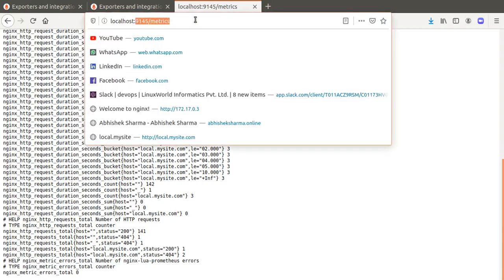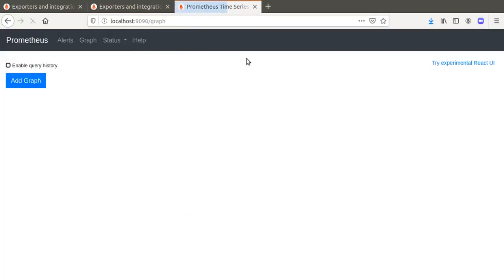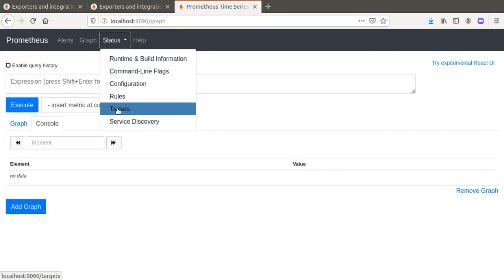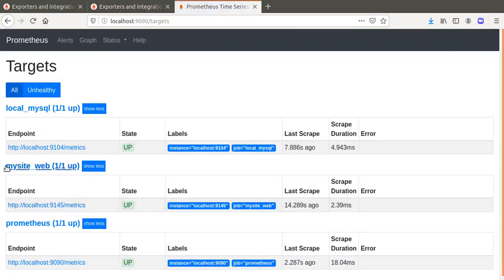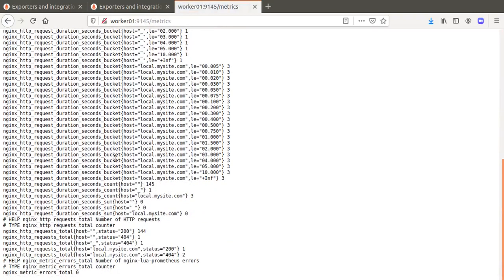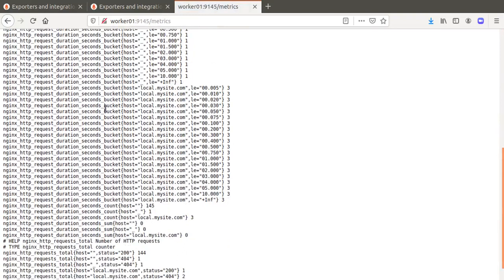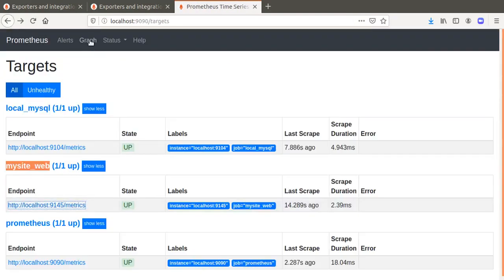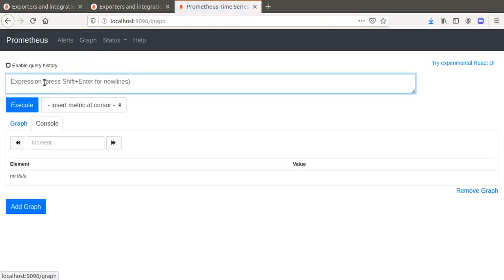localhost 9090, so here we can see the target, my site web is there. So it means the Nginx metrics are imported in Prometheus also. So here you can also click and check the metrics port. So these are the reports, and in Prometheus you can see the reports in graph section.